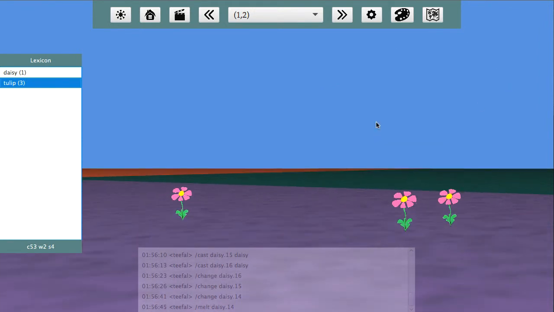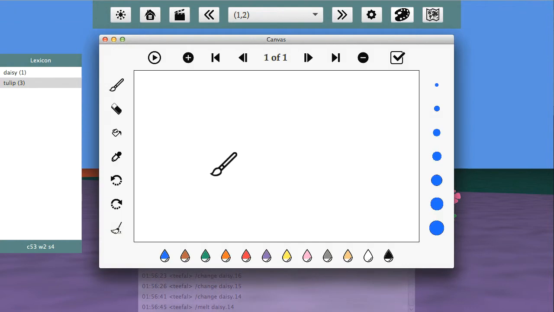Well, what if I want to make my own items? To do that, click on the canvas button in the story bar, and it brings up the paint canvas. Click this button to bring up the brush, and you can choose what color you want down here, and you can choose the brush size here. I'm just going to try a little freehand heart,